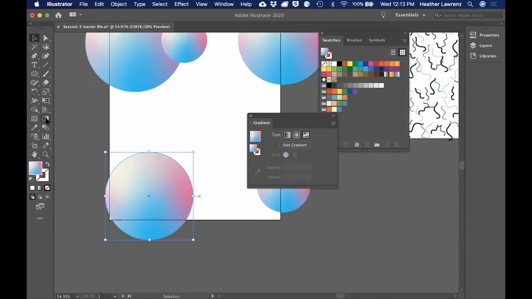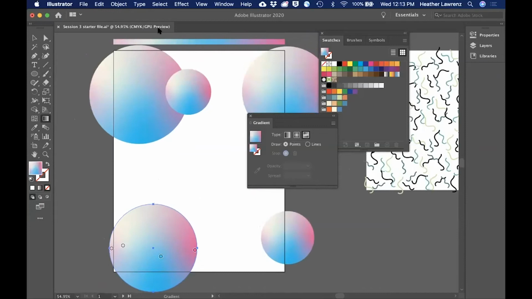So I'm going to grab my gradient tool, and now you can see those same stops that we saw up here, but in that circular form. So I can move those around. And I can use these dials to change the intensity of the colors. So as I come in here,